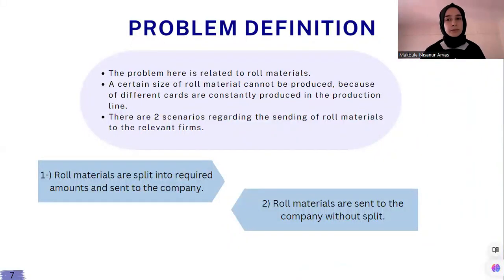For example, there are 3 meters of raw material for card A and 4 meters of raw material for card B. There are 2 ways to send these raw materials to the subcontractor company. First scenario is raw materials are split into required amounts and sent to the company, so it will be split both 3 meters and 4 meters. Second scenario is raw materials are sent to the company without split,